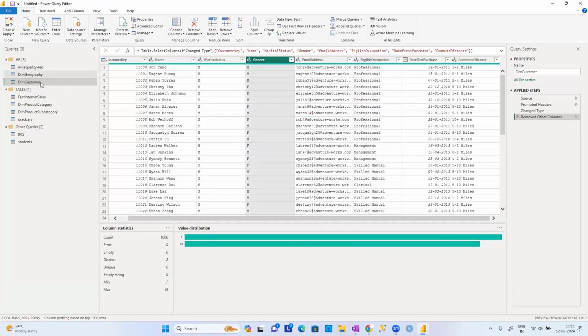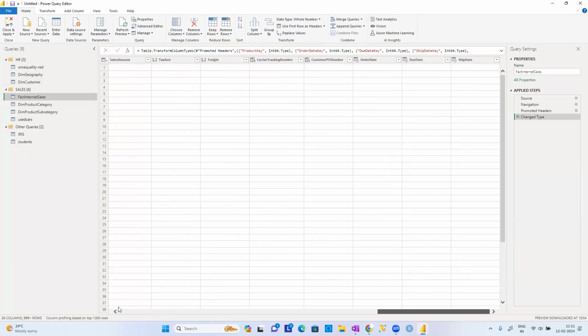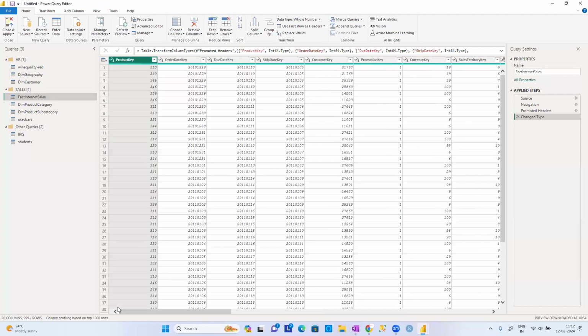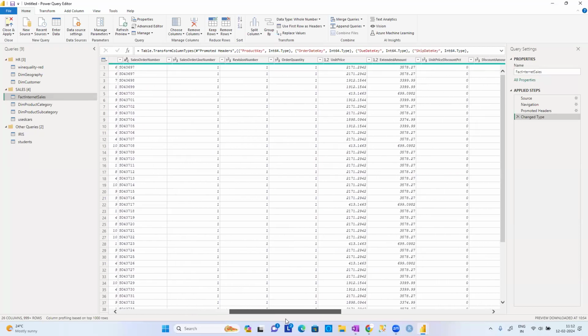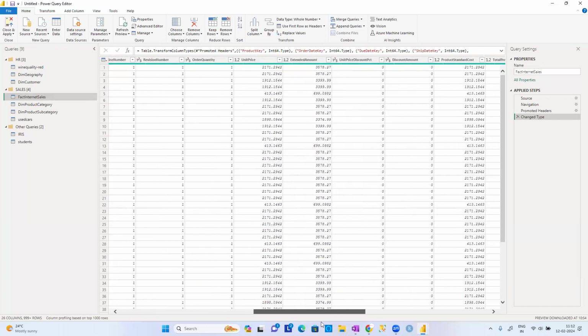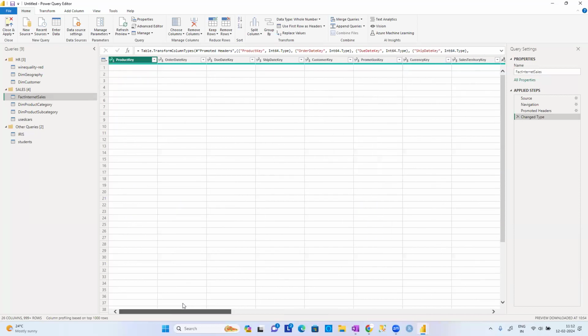But sometimes there are so many columns, guys. See there, there are so many columns. Now I want to go to a column called, for example, sales amount. I ask you to go to the sales amount column. So you have to scroll down like this and check where the sales amount column is, isn't it? See there, here was the sales amount. But instead of navigating like this,